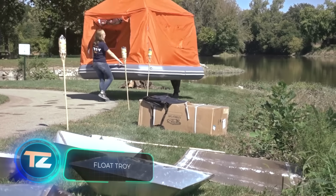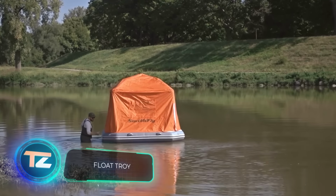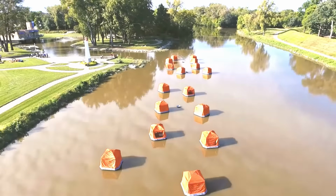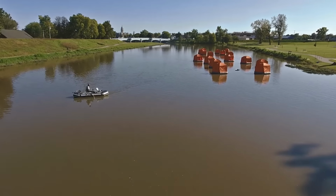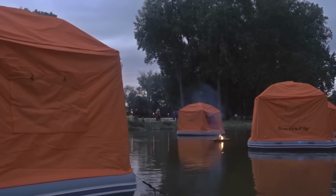Remember the Raptor floating platform? Float Troy has a similar idea. Here's the deal. A night in their floating 4-person tent costs $95. It's a great option if you want to test out this type of vacation before investing in a Raptor or something similar. The hosts prioritize guest comfort, so shouting, foul language, and noise from midnight to 6 in the morning